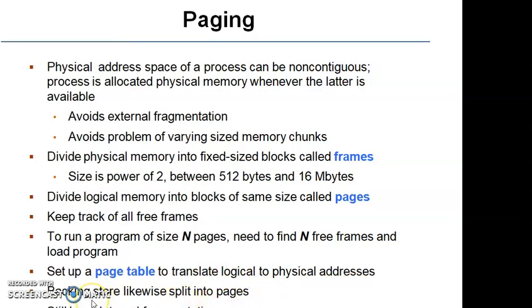Similarly, the backing store, or we can call it the secondary storage, we have to split into pages, and still we are left with internal fragmentation. For example, suppose the page size is 1024 bytes and we require only 1000 bytes for the process, then the remaining 24 bytes is wastage. This wastage is called internal fragmentation.